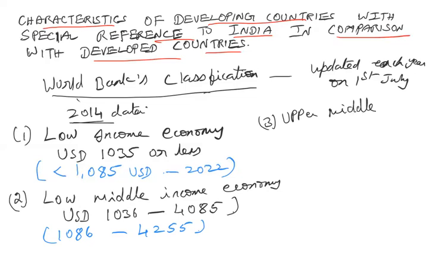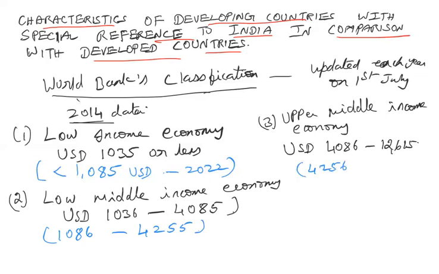Third classification is upper middle income economy. So that is USD 4086 to 12,650. And the latest one, 4256, because 4255 is already over, isn't it? So between 4,256 to 13,205. And finally, moving on to the fourth category,